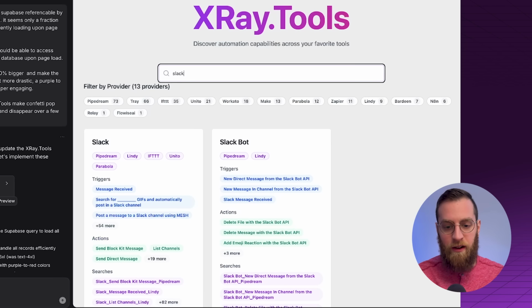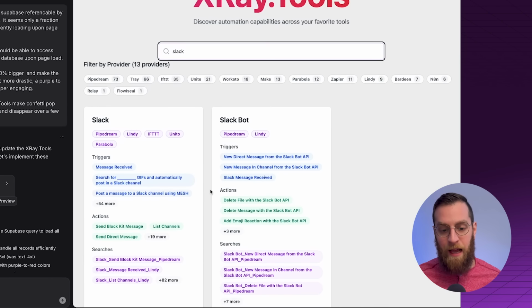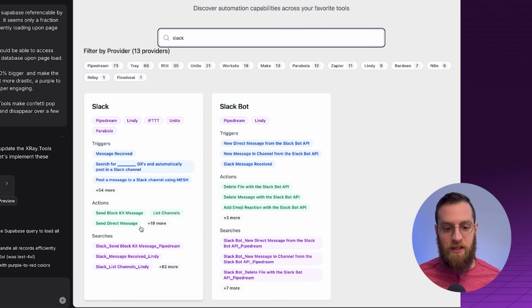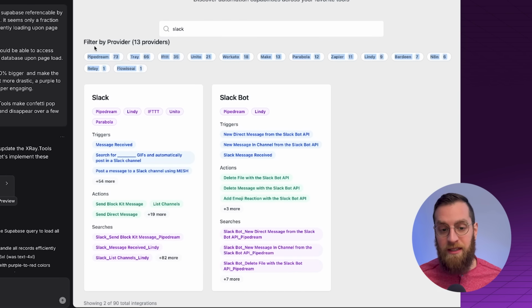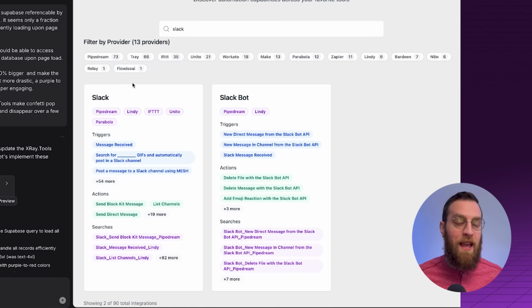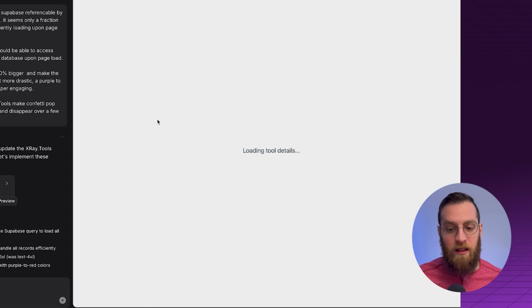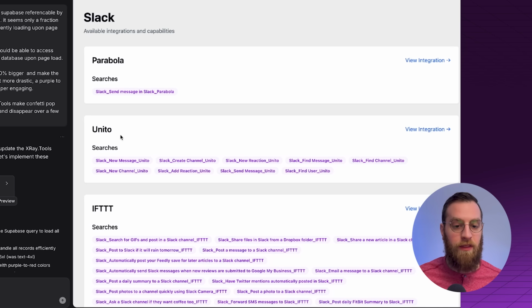If I search Slack here, boom, I am shown Slack and Slackbot. You can see all of the different triggers, actions, and searches, and you'll notice that I added 13 different automation providers. There's new automation providers all the time, so I wanted to not only incorporate the ones that we already had, like Zapier and Make, but also add some new ones like Pipedream and Tray and Unito, or even Parabola, Lindy, Bardeen, Relay, and Flowwise. These are all different AI-based automation workflow builders, so there's a lot of nuance here, and we're trying to make XRay.Tools better. So I can go ahead and click inside of Slack, and I'm shown all of the different